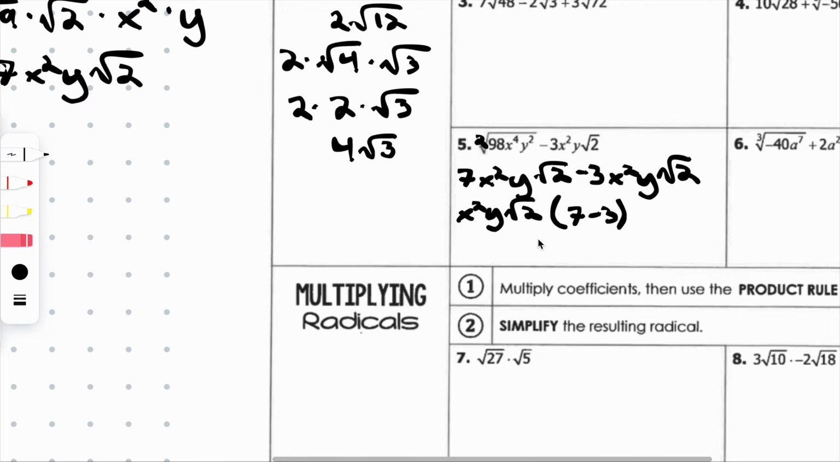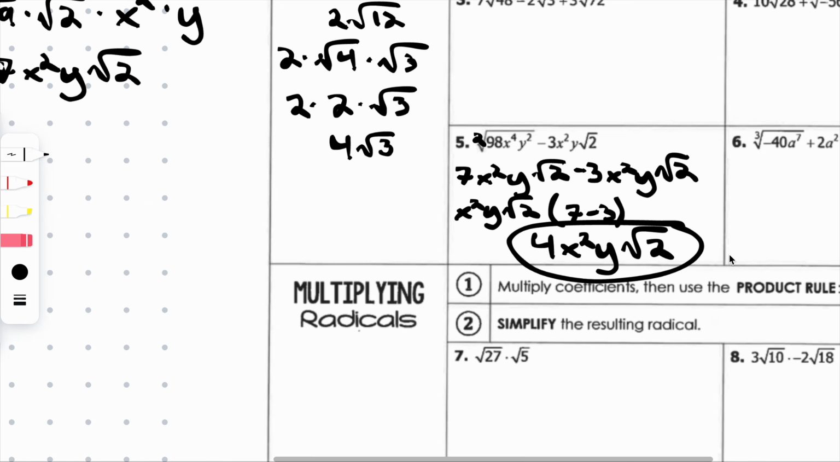It's going to be this expression simplified. So I'm going to put the 4 out in front. Doesn't matter where you put it because of the associative property. So we're going to get 4x squared y root 2, and that's going to be our final answer. Okay? Great. Now, one last thing, let's talk about multiplying